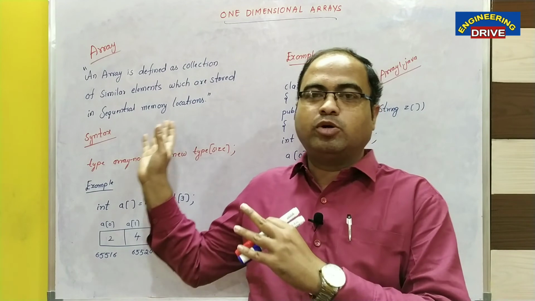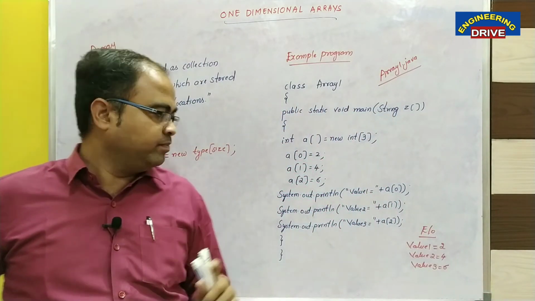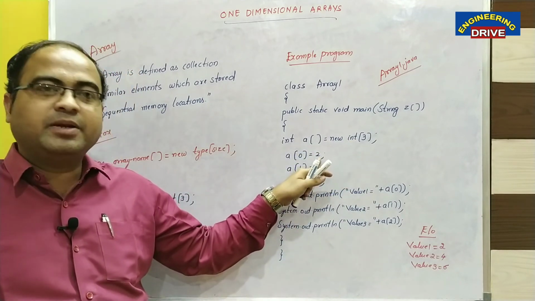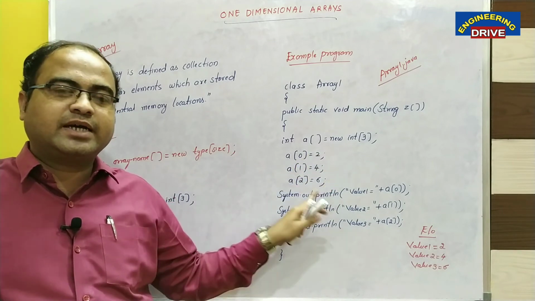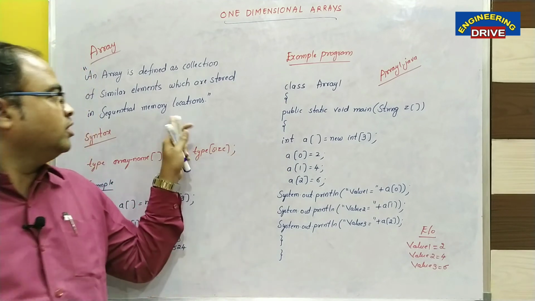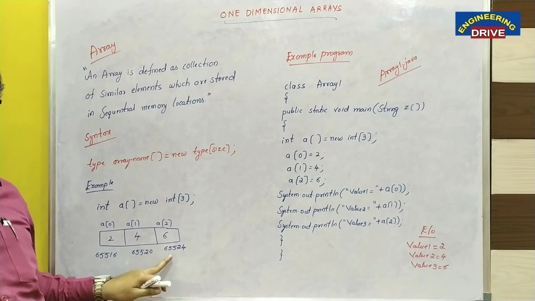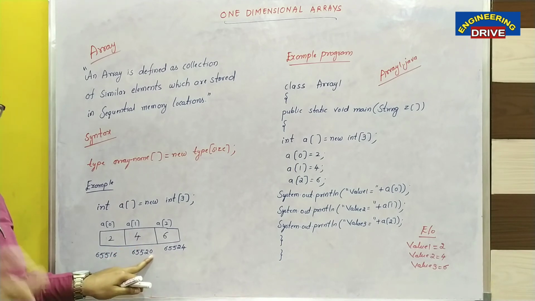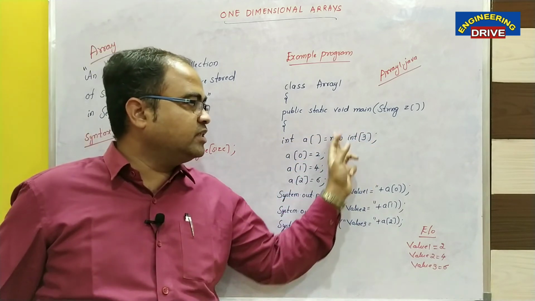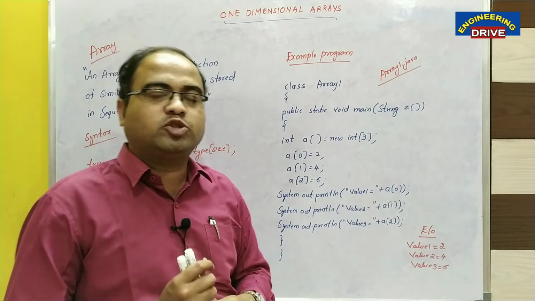So I believe that you have got a clear picture now about the working of an array, or one-dimensional array. So what is an array? It is a collection of similar elements. What are the similar elements? 2, 4, 6. Why are we calling them similar? They belong to data type int. And how are the elements stored? Elements are stored in sequential memory locations. You can see here, one after another. Why is there a difference of 4 bytes? Because an int variable occupies 4 bytes of memory. So the total memory of this array of size 3 is 12 bytes. It has occupied 12 bytes of memory in total.